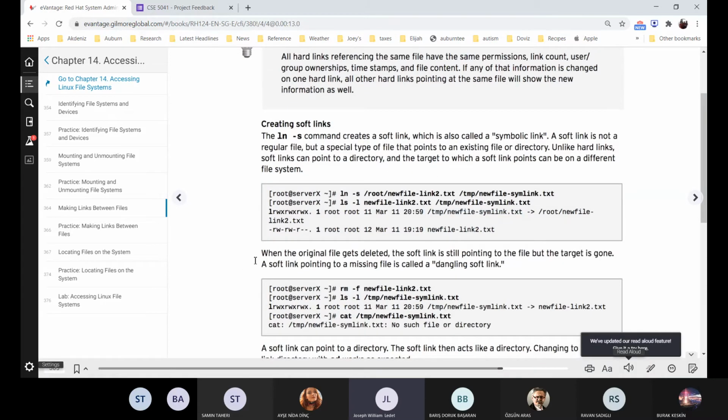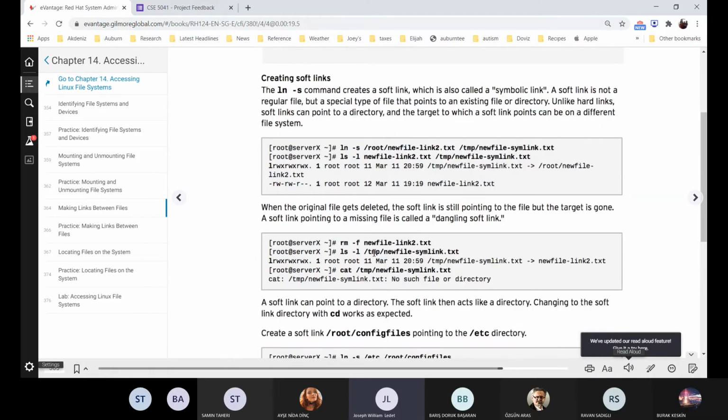Okay. Now, when the original file gets deleted, this is where we get some interesting stuff happening. The target's gone. The file is gone. There's no hard links that point to that file anymore. All right. But now, when we go to look at this, it's still saying, I point to this other file over here. Except the problem is, wait a second, this file doesn't exist anymore. Notice that this lost it here,